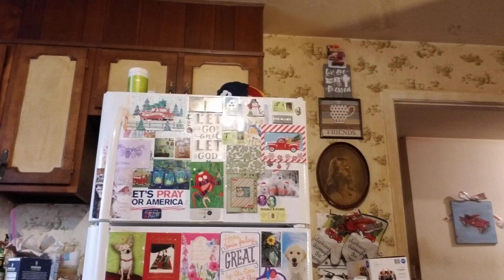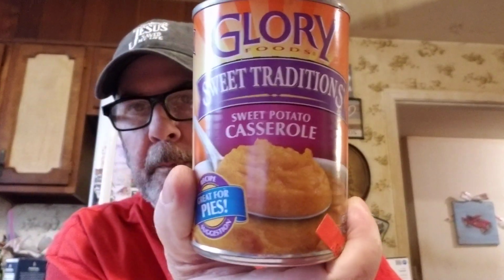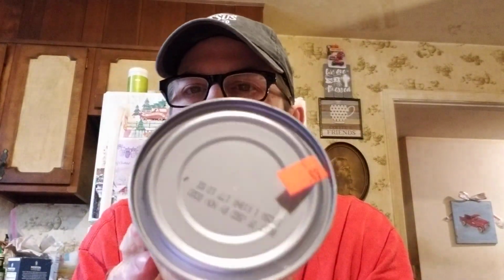If y'all ever see this, and this name you've probably heard of, sweet potato casserole. Believe me, this stuff is great. We paid 69 cents for it down here at Grocery Outlet, but oh y'all, all I have to do is put it in a casserole dish, and then I heat it for a while, and then after a while I put the